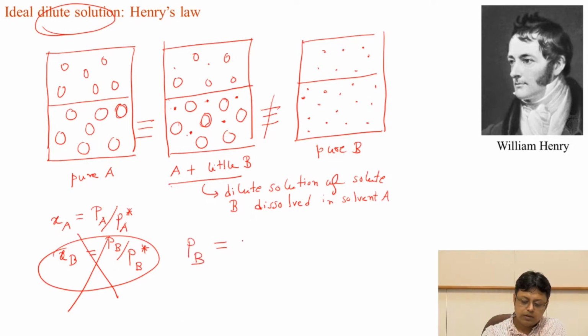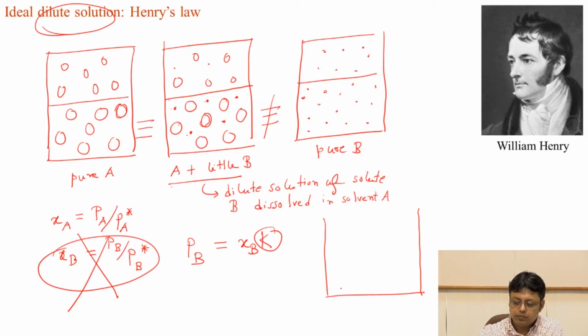So instead of writing it like this, let us write it in this way: Henry said that PB will not be XB into PB star, but it will be XB times some constant, and this constant was an empirical constant which Henry tried to measure from experimental quantities. And what he showed is that for many solutes,